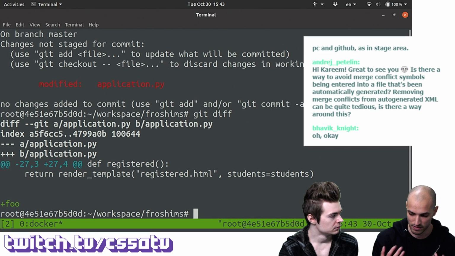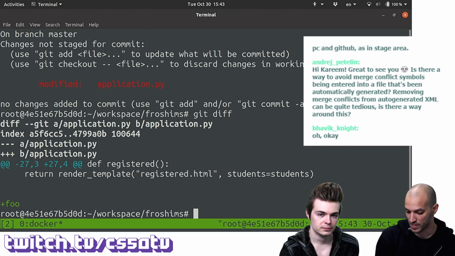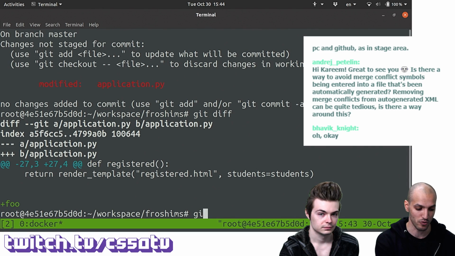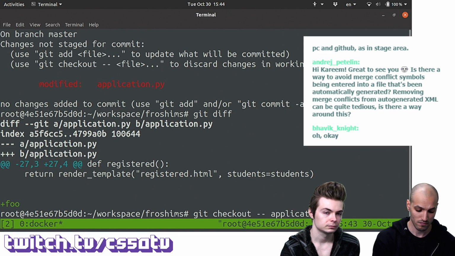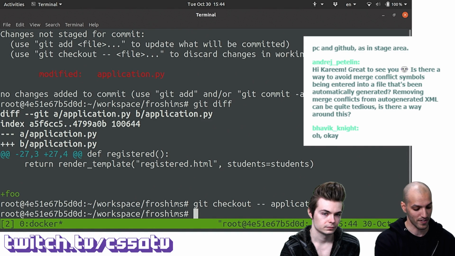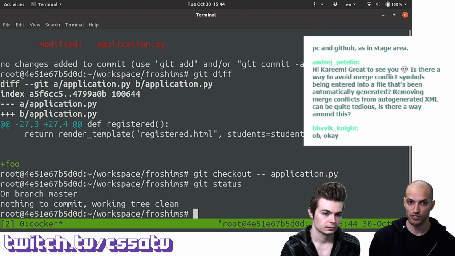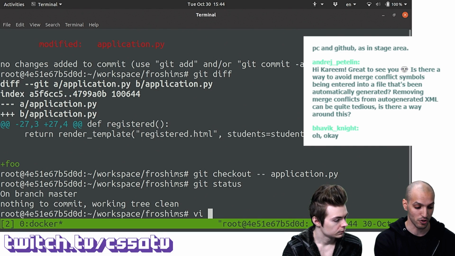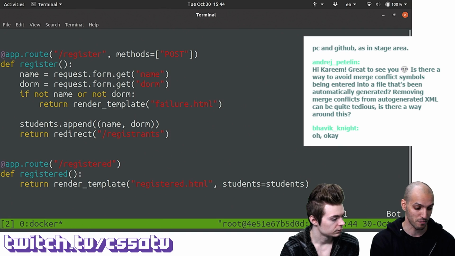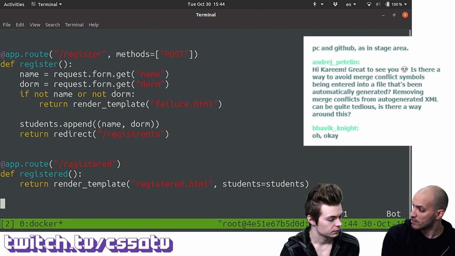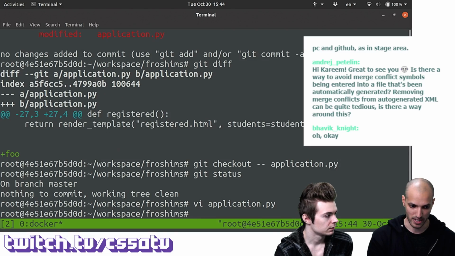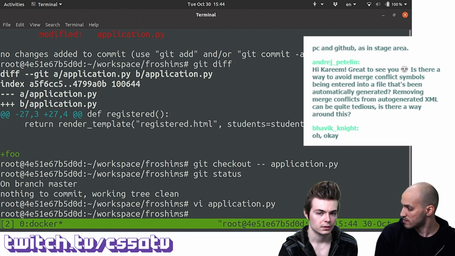But suppose I don't want to do this. Suppose I want to discard this change. One way I can do this is using git checkout. So I can do git checkout, then dash, and then the file name, in this case application.py, and then I hit enter. If I do git status again, nothing changed. My working directory matches what's in the repository right now. And if I open the file again, scroll back to the bottom, I don't see my line anymore. So git checkout just kind of erases any changes that you've made? Correct, yes. It discards the changes in these cases. Okay, cool, that makes sense.